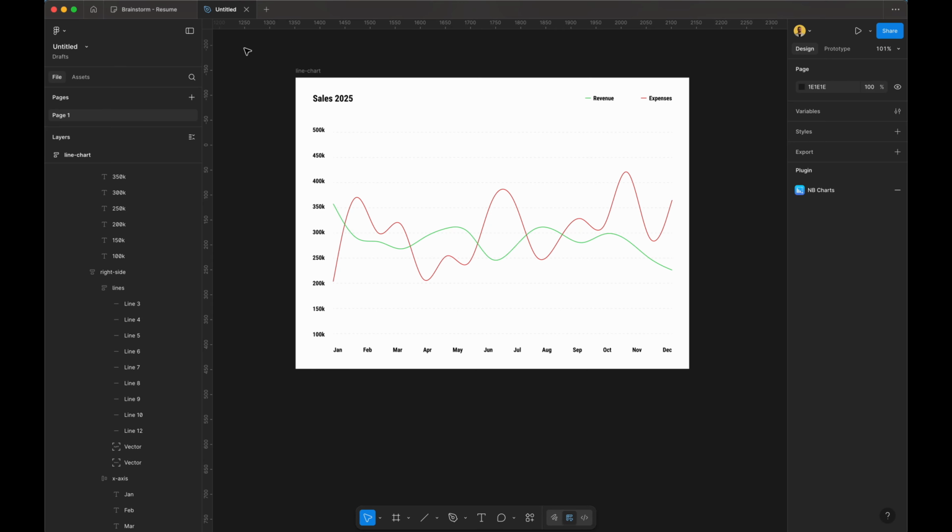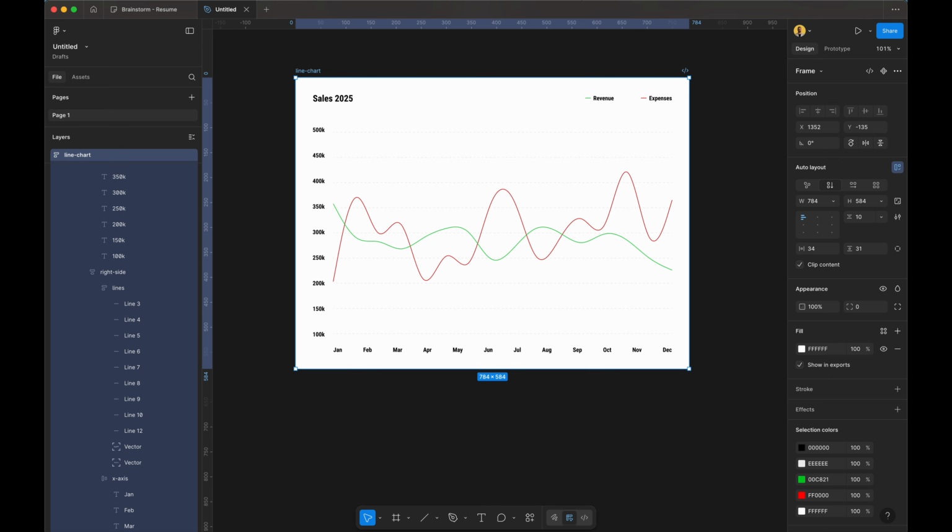Hello, and today I'm going to show you how to design a responsive line chart in Figma. Now, you may have to show this for your work or your presentations or whatever the case may be, and I just think it's a very important thing that not a lot of people know about, so let's talk about it. So as you can see, I have this finished product right here, and if I resize this